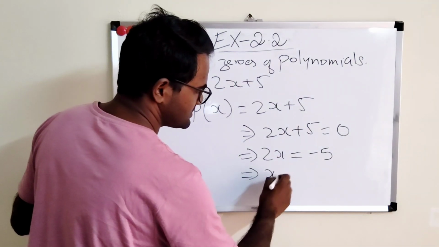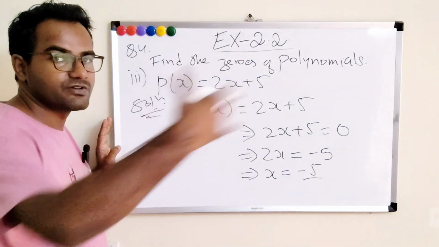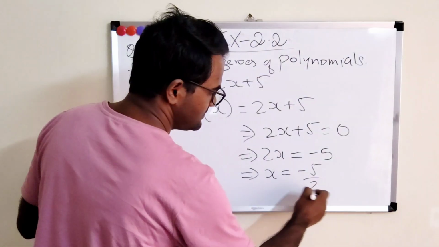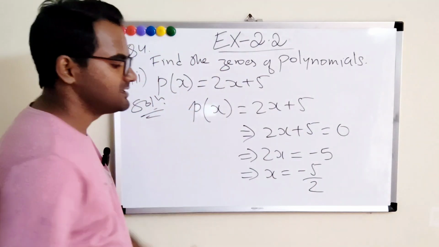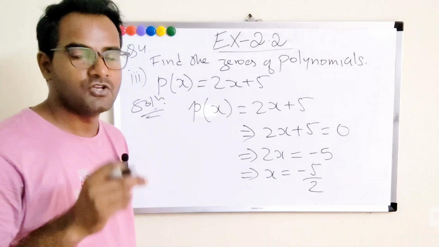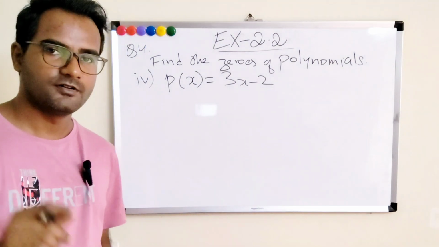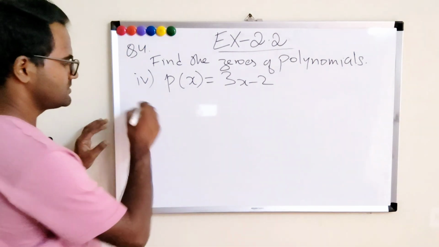So here we have 2x equals minus 5, and this 2 will go to the right hand side, like this. So the zero you got is x equal to minus 5 by 2. Alright, now we have number 4. So let us solve. Solution,